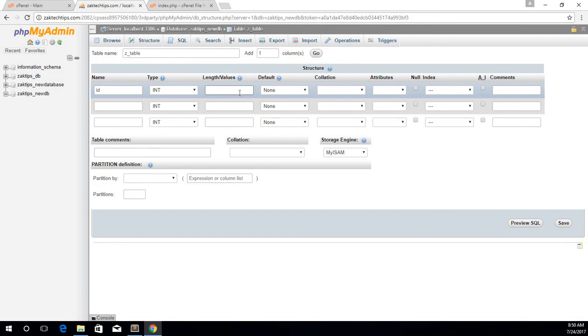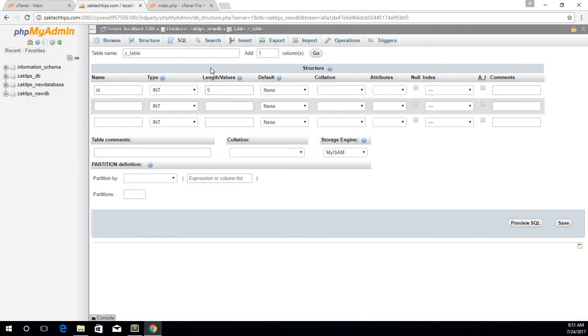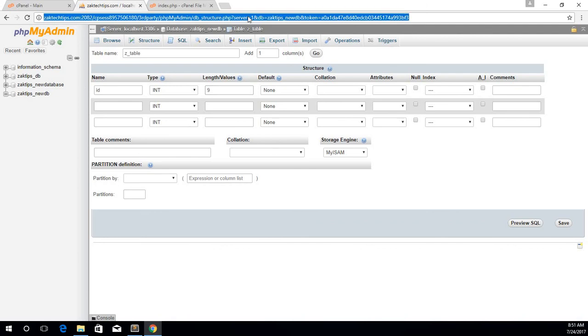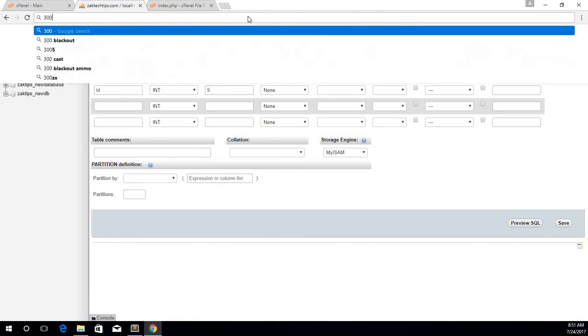So you don't want to use huge numbers if you can keep them small and you're not going to go over a certain threshold of size. So I'm just going to say 9 digits in length. So that would be 99. So that would be what? That would be like if I wanted to write out, I don't know, 300,000,